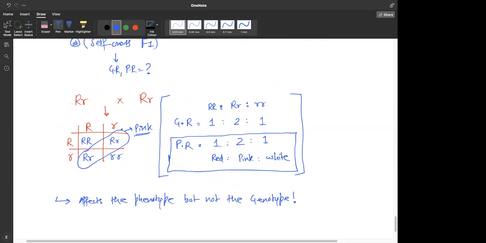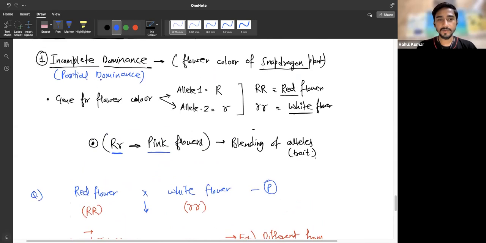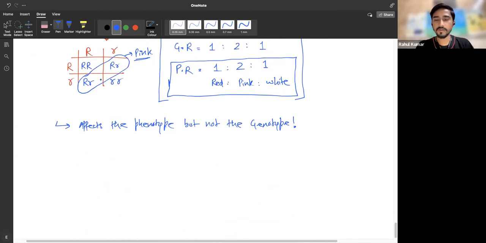Yes, sir. Okay, very good. So you understood what incomplete dominance is. Now write down, let's define it. I have not defined it for boards, and we have to write something on the board also. Write down: incomplete dominance is a type of gene interaction where two alleles are interacting. Incomplete dominance is a type of gene interaction